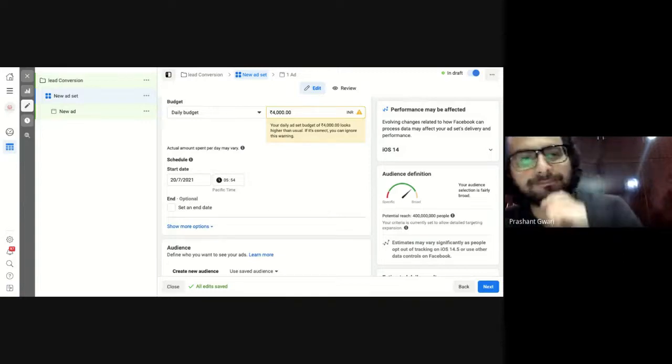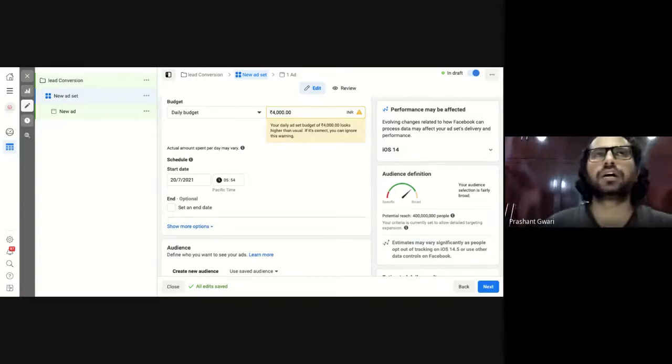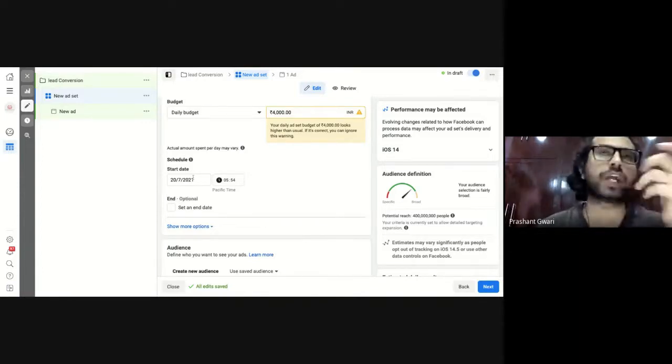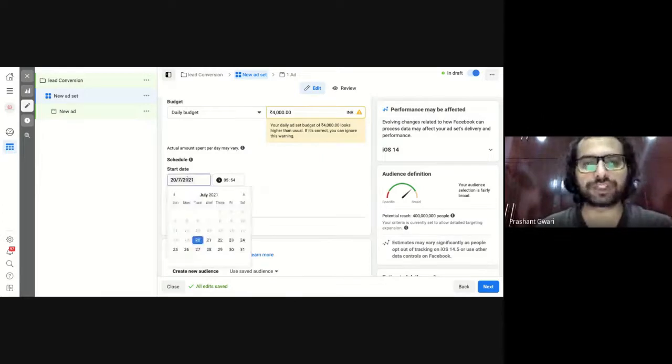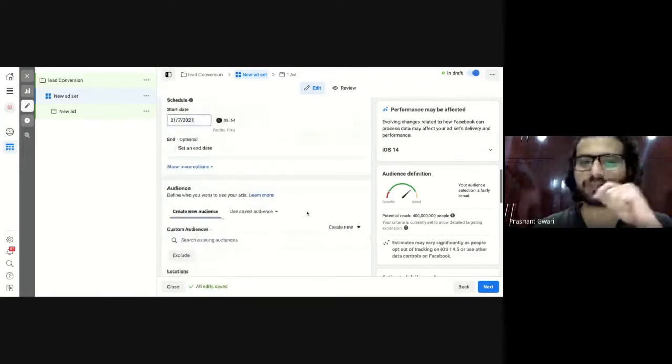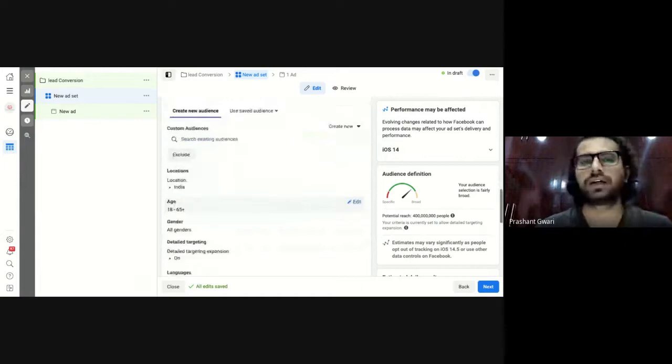It's almost the same as the previous campaign. If you want your campaign in real time, you don't change anything here. If you want to schedule this after one day, you will change your date, like the 21st and 5 o'clock in the morning. If you want an end date, you will click here and set up an end date here. Now come here into the audience part.